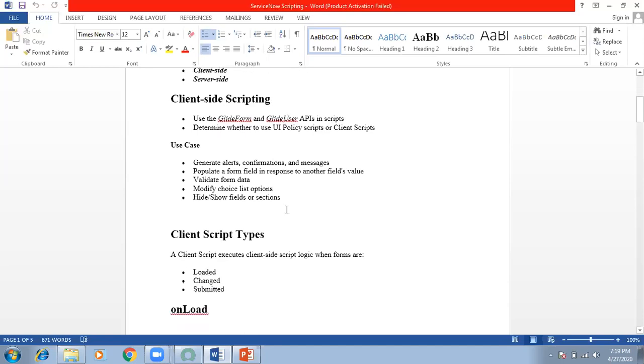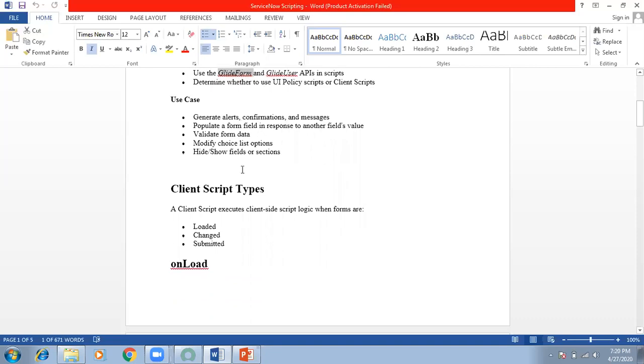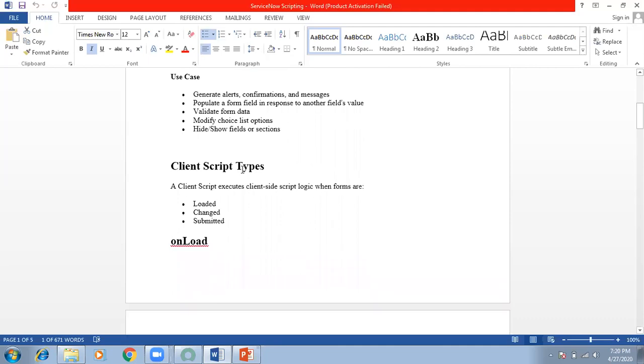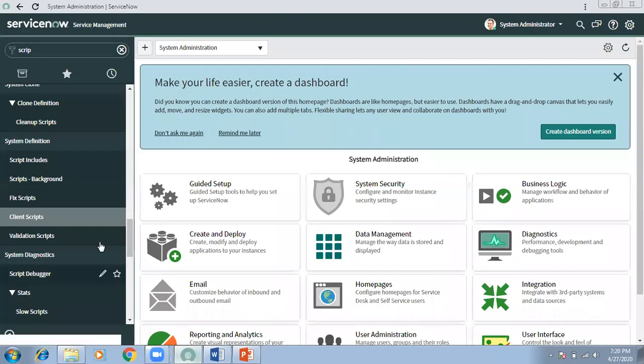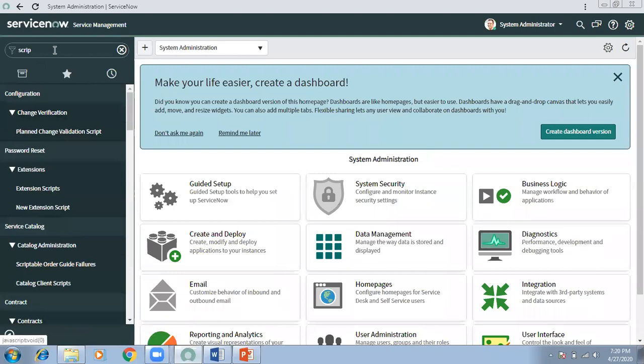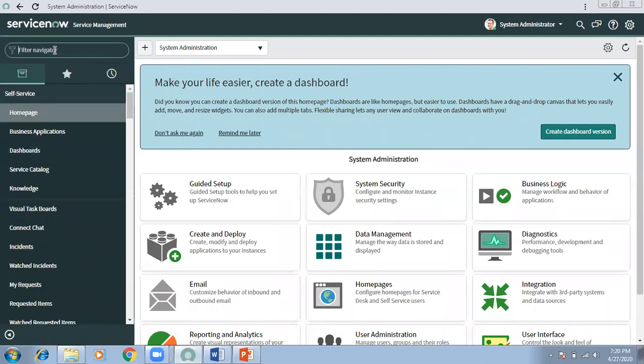That is why we will go into these classes in detail. So why will we write the client script, and when will we write it? Let me go to the instance and open the incident form.